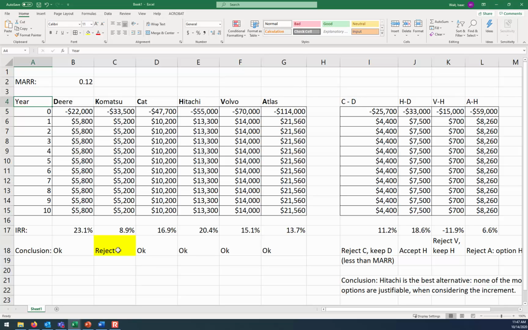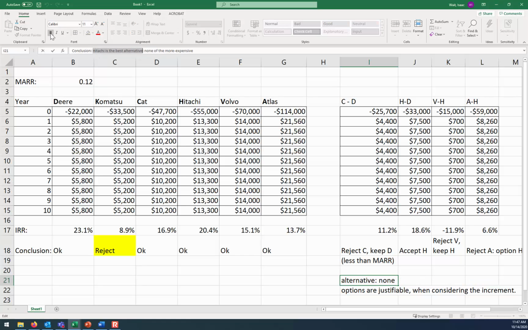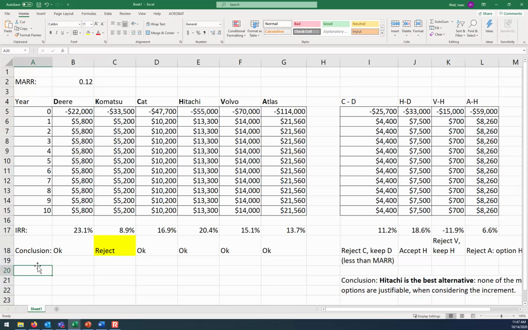Let's do one more check. Now this said that Hitachi is best. Hitachi is the best alternative. We have another way to know which alternative is best, and that is the present worth method. We can do the present worth method and we'll get the same answer. So let's do that. Let's use the NPV function, just to verify which alternative is the most profitable. Now, what I hope you remember about the NPV function is that you should only put amounts into that function that are in the future. If an amount is already at the present, for instance, like this $22,000 cost, it shouldn't go inside the NPV